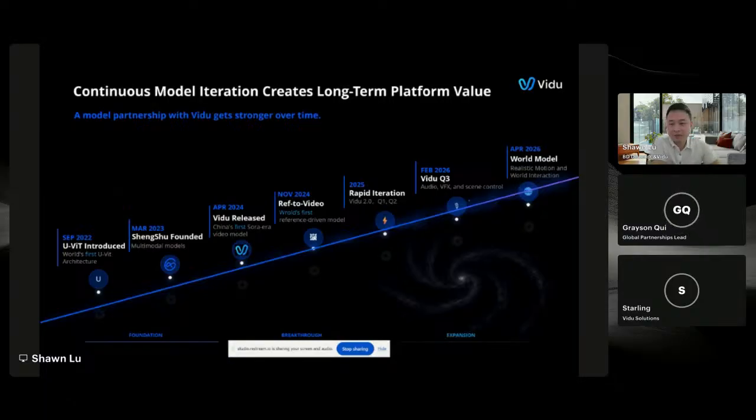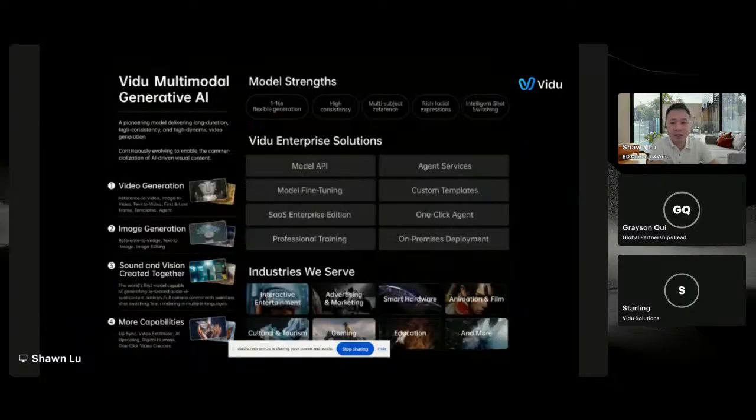So yeah, it's a fun fact. We actually released the UViT architecture earlier than Sora, and now we move to the world action model now. Yeah. So, I mean, if you look at where video is competitively, we are very similar to many of the video generation models out there, right?